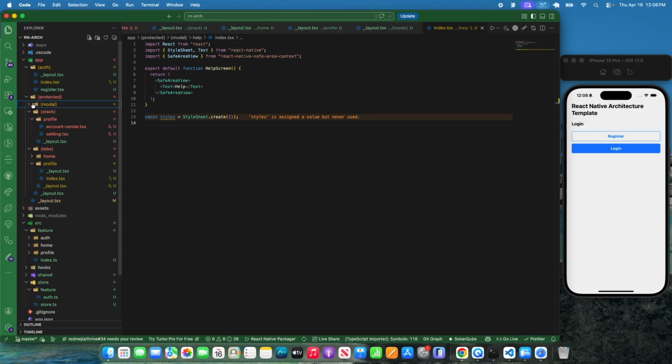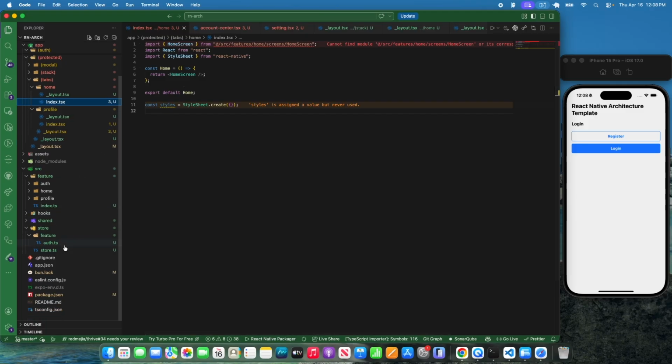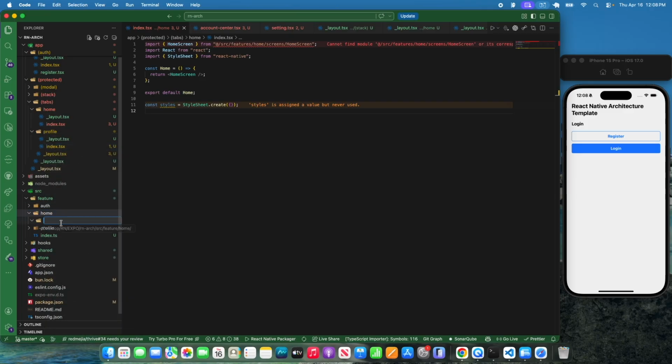So now let's go to the src, and let's start by fixing this problem here, right? So we need the home screen, and this is how I will architect this. We have the features here, and this folder belongs to the home, right? Everything related to the home will be in this folder, right? So the first thing that I will do is create components,